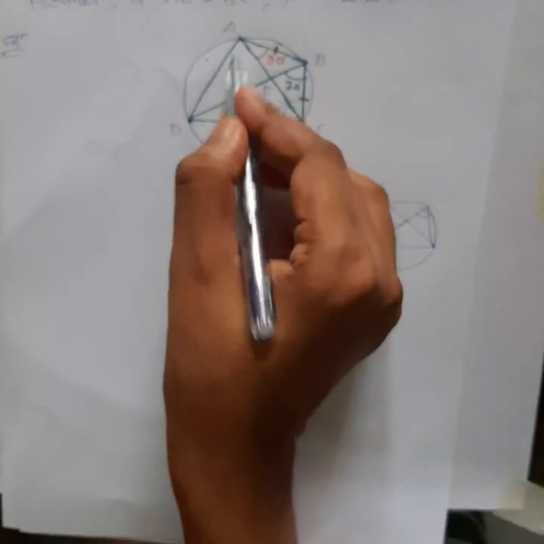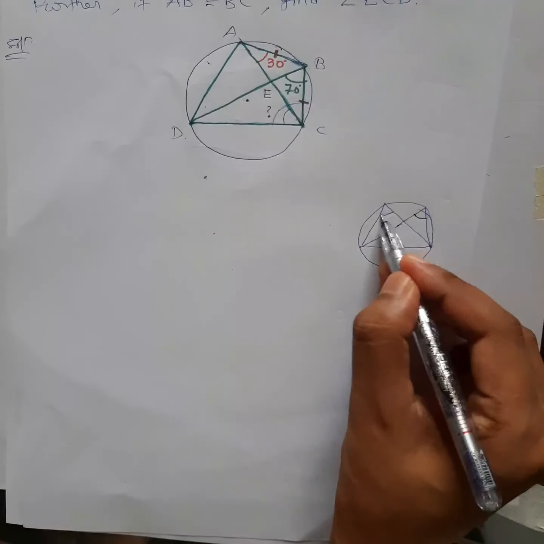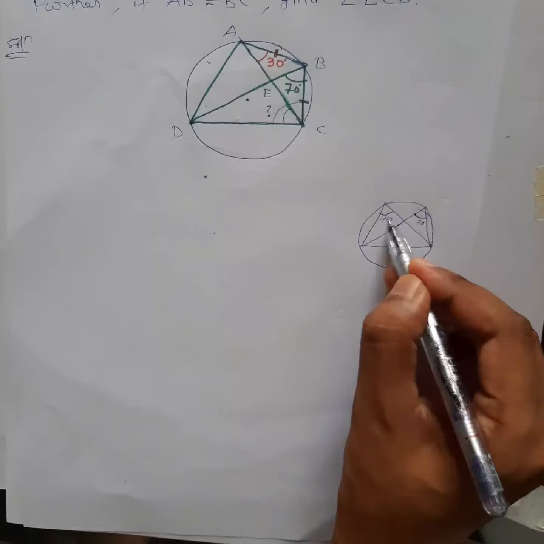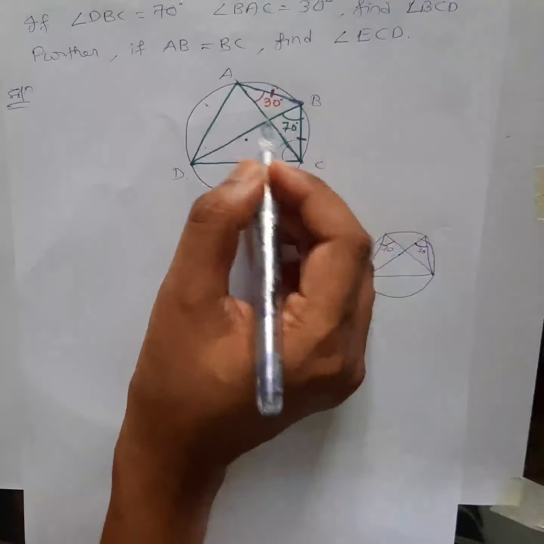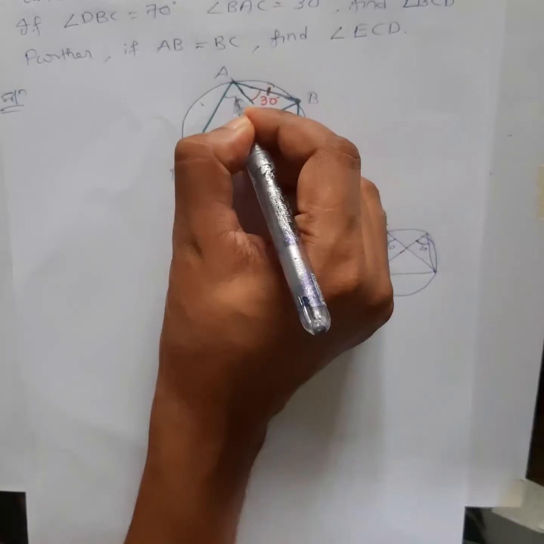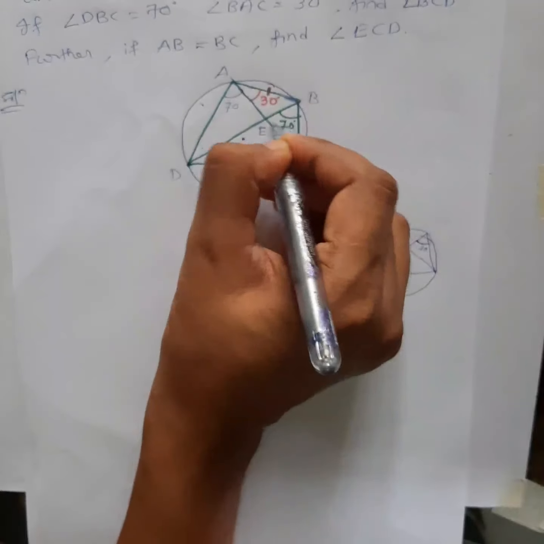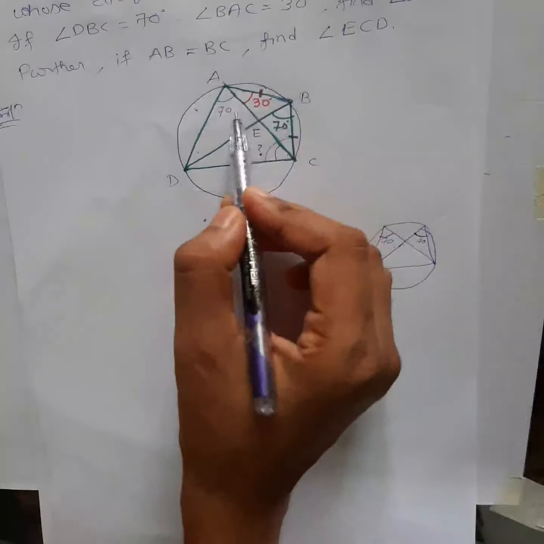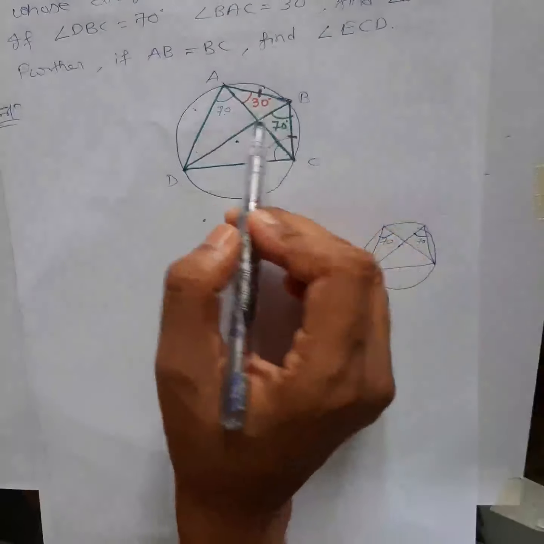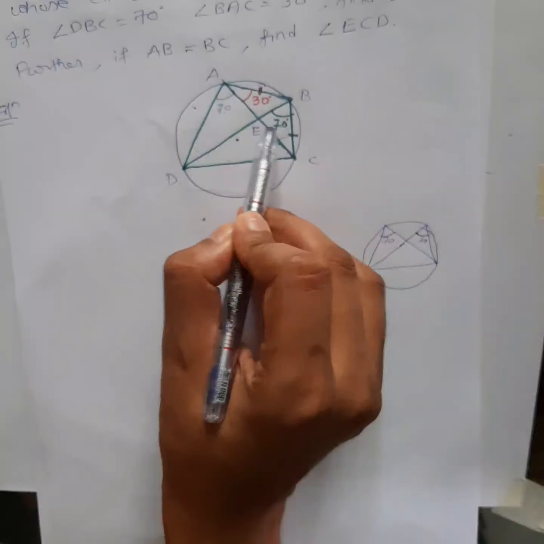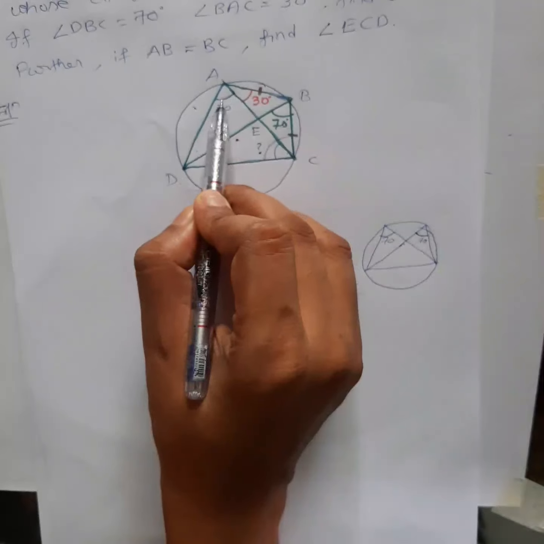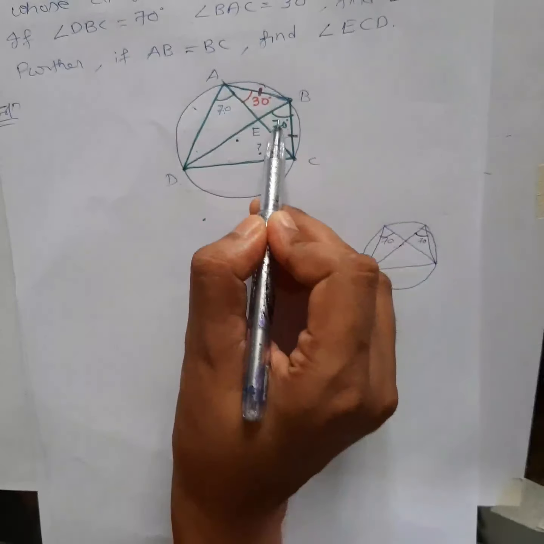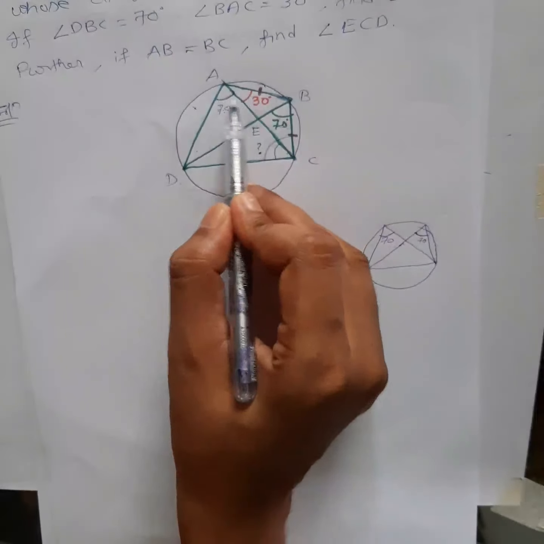This is what you have here, right? So this angle and this angle must be same or not? This is 70 degrees, this also must be 70 degrees, right? So this also will be how much? 70 degrees. Angles in the same segment are always the same from the same chord, okay? So these notes I have already given, I'm just explaining here, okay? So this is 70 degrees, this also 70 degrees. So now you know this angle, you know this angle, you know this angle. Now what do you do with this?